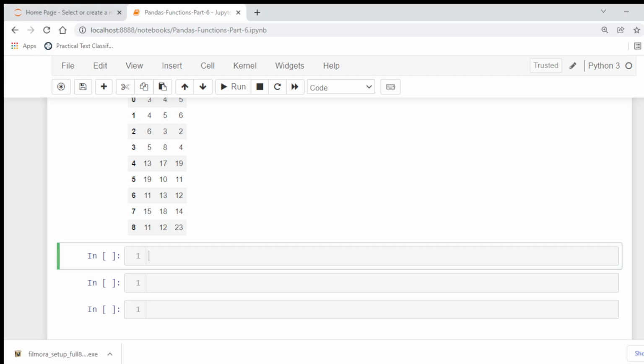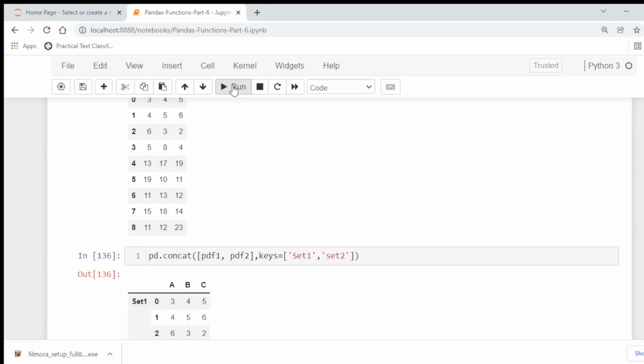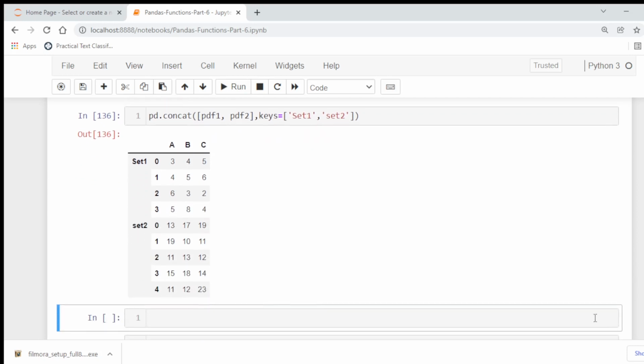Here we demonstrate this with this example. So in this way we are creating two keys, set 1 and set 2, for identification. So now we can easily identify the start and end of both data sets.